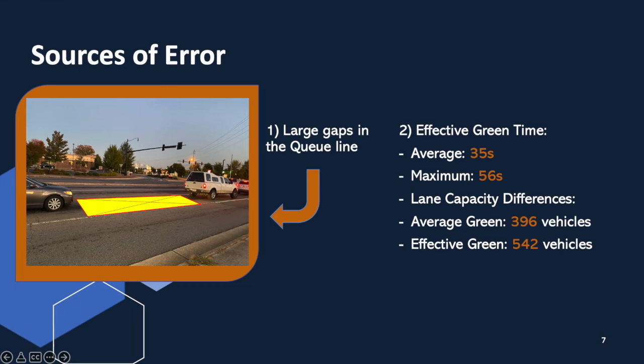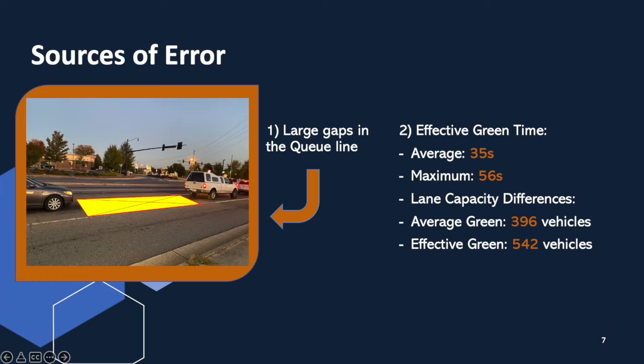As far as sources of error, one of the bigger ones that we noticed was large gaps in the queue line. Having these large gaps, especially so early on in the queue line, could lead to extended startup delays. Also, as far as calculations go, our effective green time on average was about 35 seconds. However, we did have one cycle that ran to almost 56 seconds, which was the one that was used in